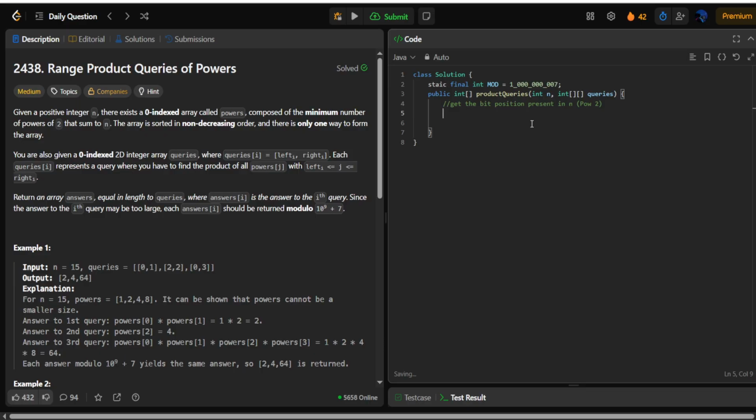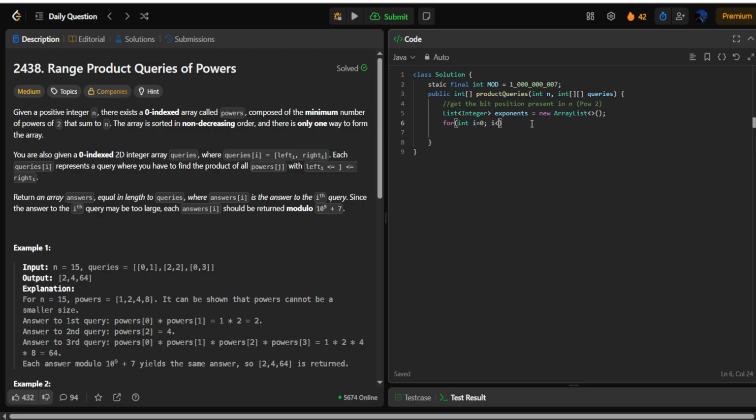First we initialize an ArrayList: List of Integer exponent is equal to new ArrayList. Now what we do, we iterate a for loop,